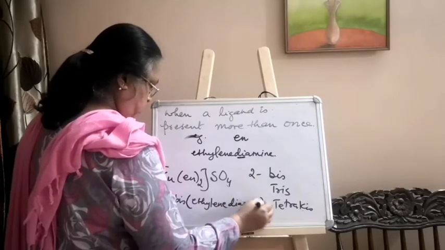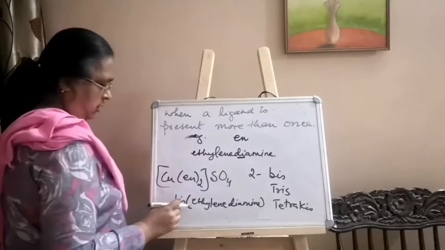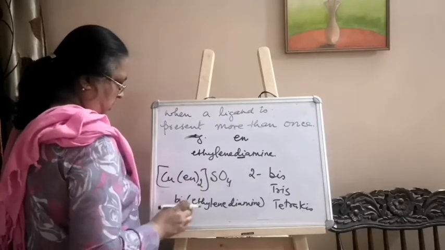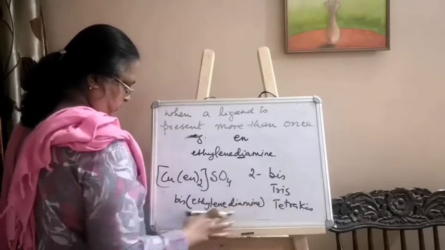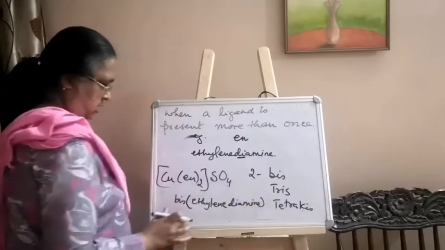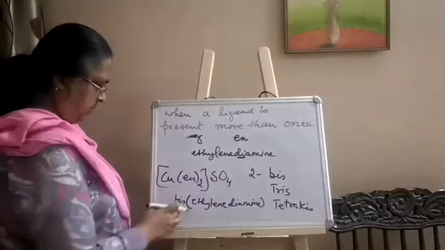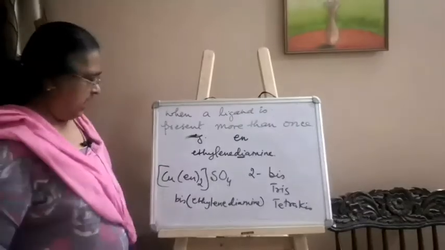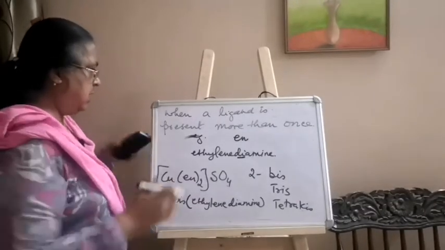So remember that. This is for en. En is a big name for ligands. It has to be written in the small bracket, but there shall be no hyphen. This was the second example